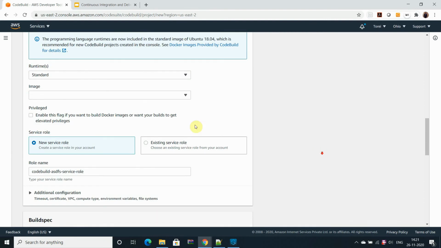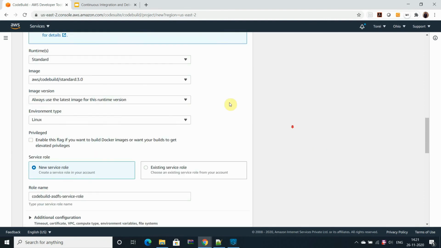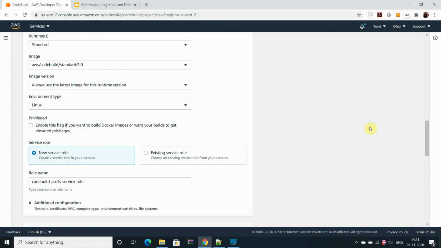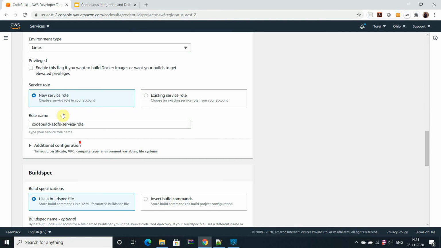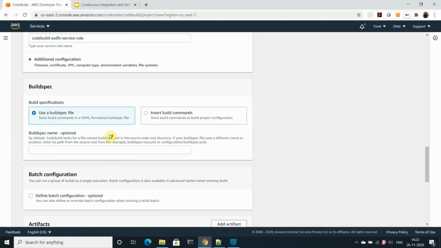It's runtime, standard runtime, standard 3, although it's not required because we're deploying on the platform, but it's required to build your application. Okay, this is a new role. You can specify the roles which are going to be used to perform operations with the same name on the repository or deployment.